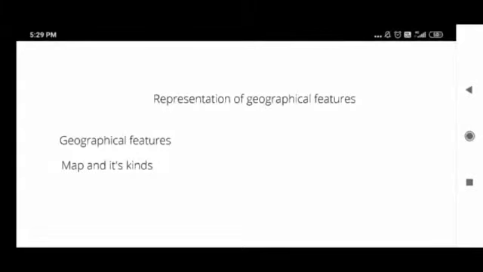In the previous classes, you have studied about the map and the globe. You know the difference between it, and you also know that the map is a symbolic representation of the selected characteristic of a place, usually drawn on a flat surface. Now, you know its kinds also: the political map, the physical map, topographical map, climatic map, and economic and thematic maps. In the previous classes, students, you have studied about the political and physical maps. In this chapter, today we are going to study about the topographical maps.